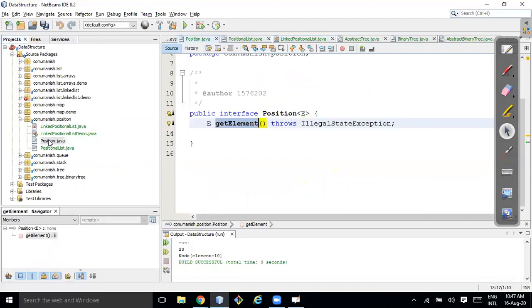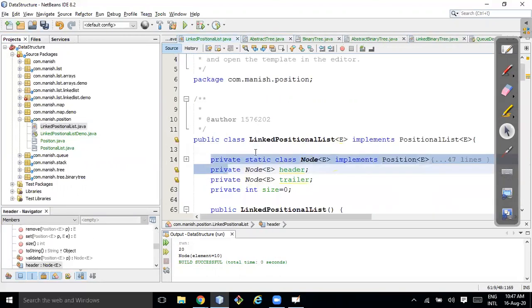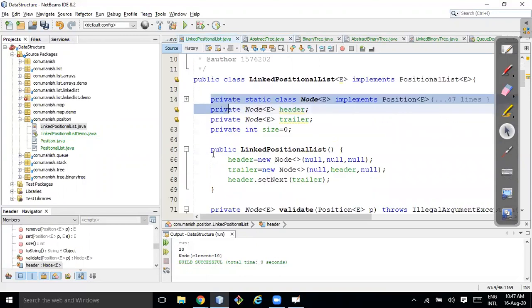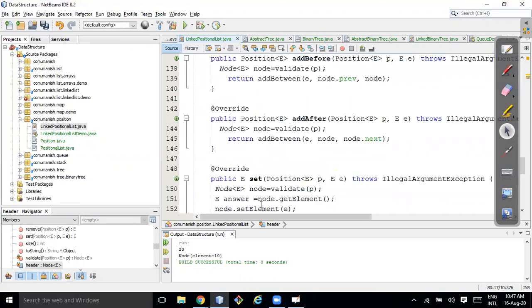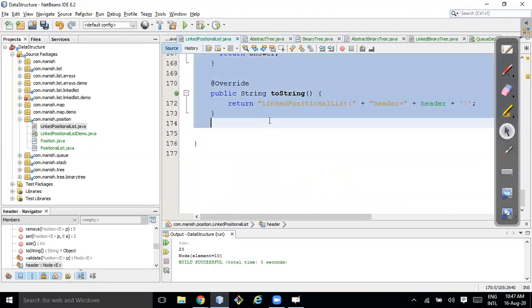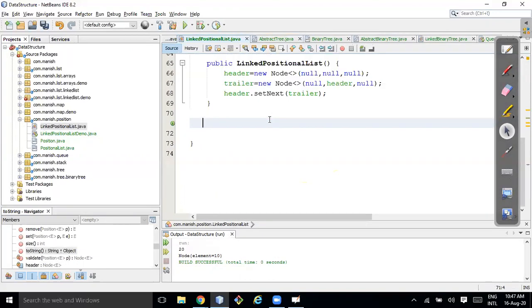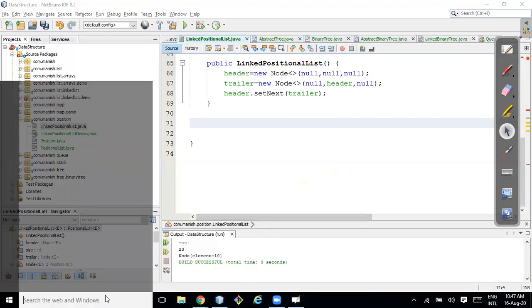This is a public position method. That's good. Now going further. For the sake of simplicity, what if I just remove everything for now from here? I'll paste it on Notepad.